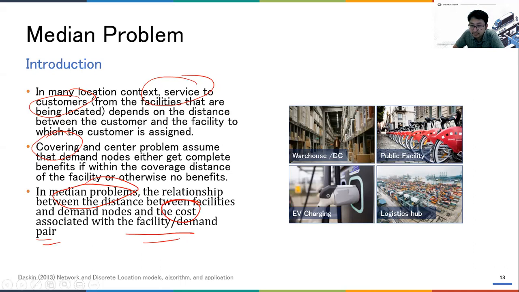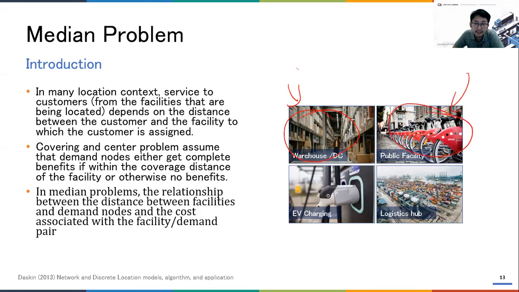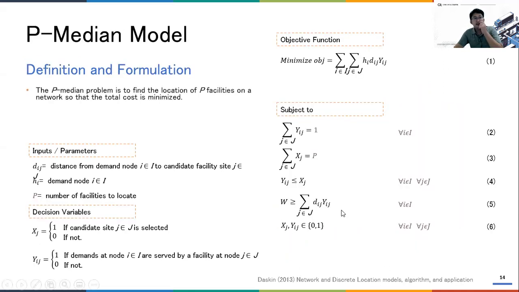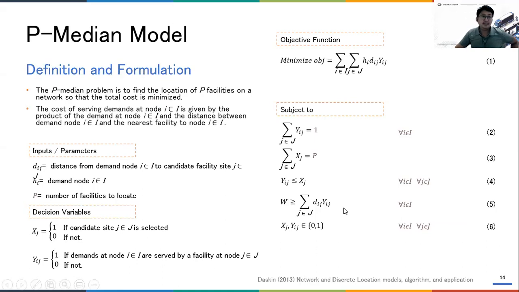So this is more closely related with, for example, how you locate a warehouse, like what I explained earlier. How do you open a public facility, like this one, just an example of public bikes? But public bikes can also be considered as covering problems, depending on your assumption. Or others like electric vehicle charging or logistic hubs, those are mostly modeled as P-median problems. Okay, and the differences here are that